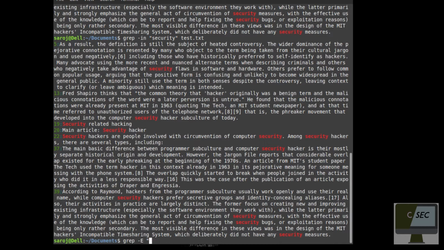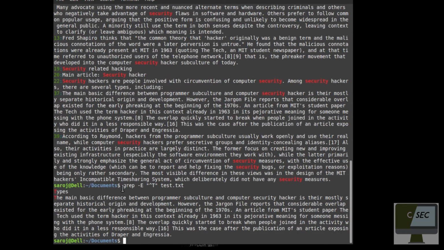In this case I am writing the letters which start with the capital T, then our text file, in this case test.txt. Now it will print out those lines which start with the capital letter T. Here I passed a regular expression. Regular expressions are a set of wildcards that we can use with the grep command. It makes our search more effective and quicker.